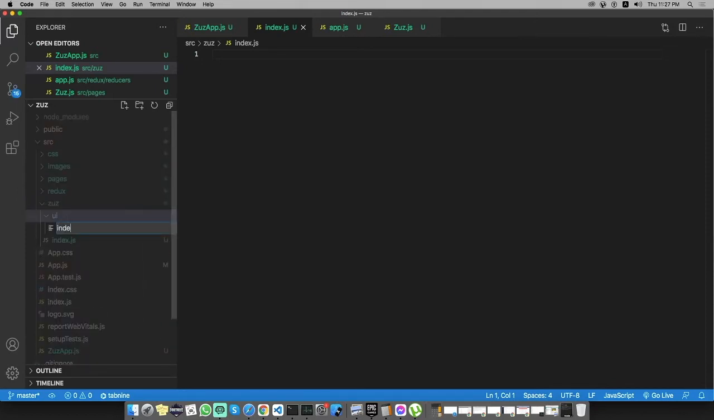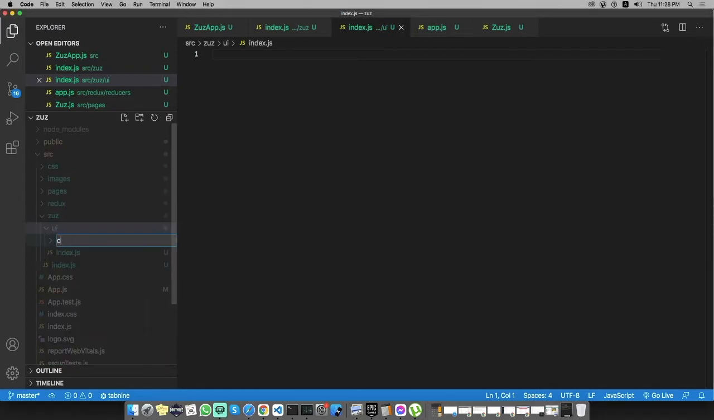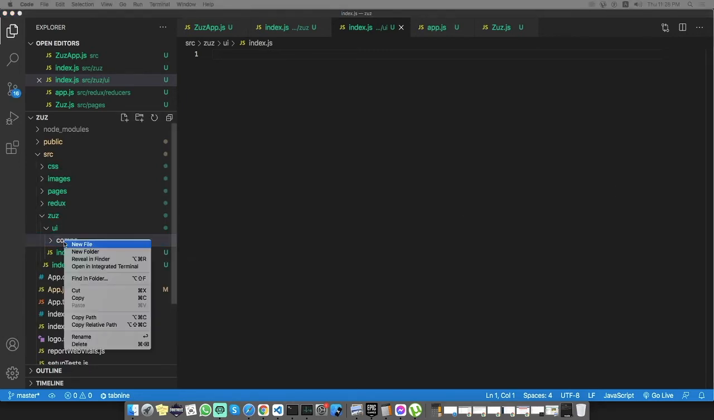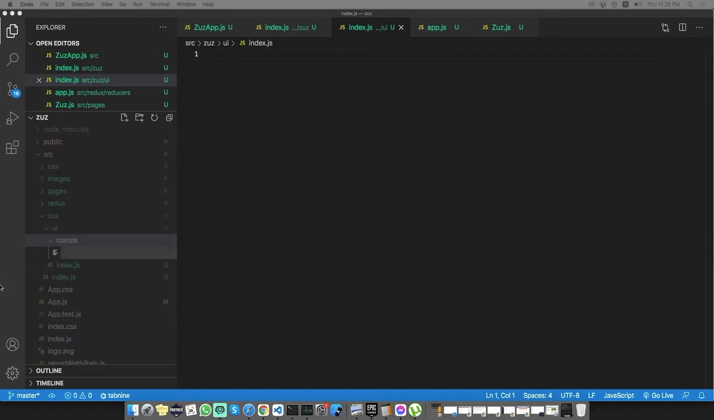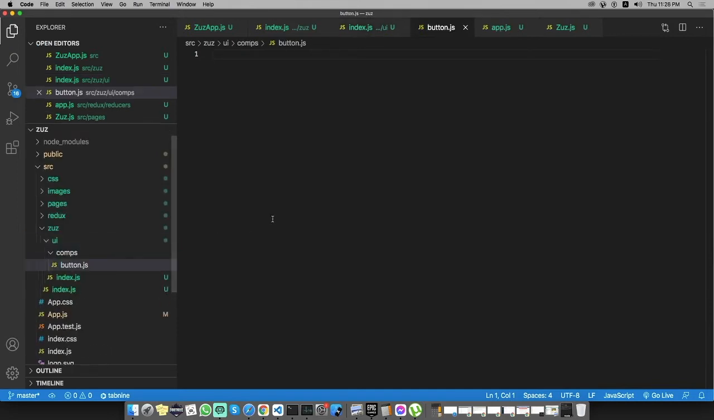And for UI we need index.js so that we can import all the UI components. And for the UI components we need a new folder, call it comps, and inside comps we start with a button. New file, button.js. Well, you are wondering if we really need a button component